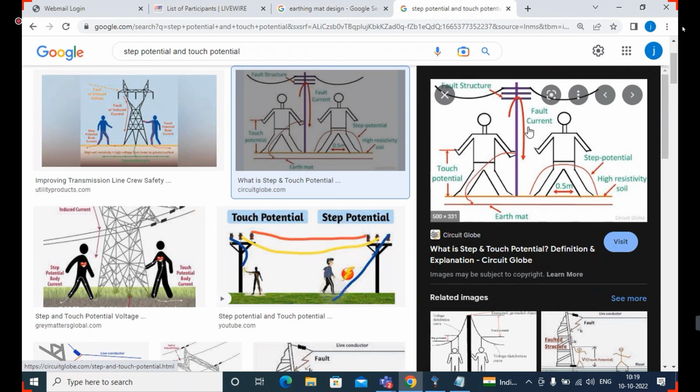Just see, if a fault current occurs, the fault current will flow through this transmission tower to grounding.